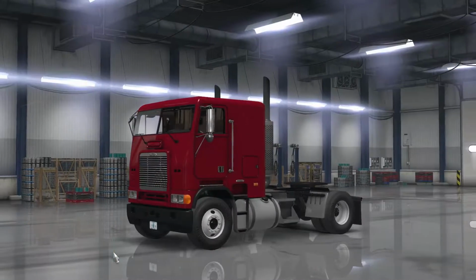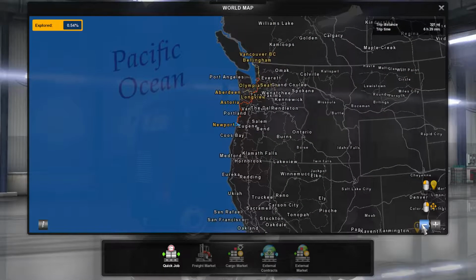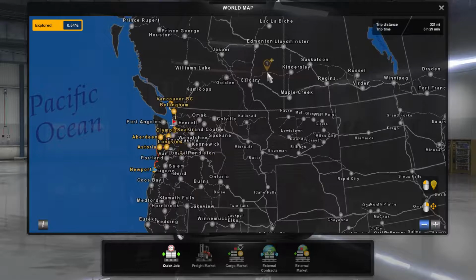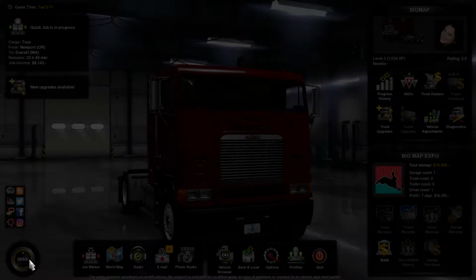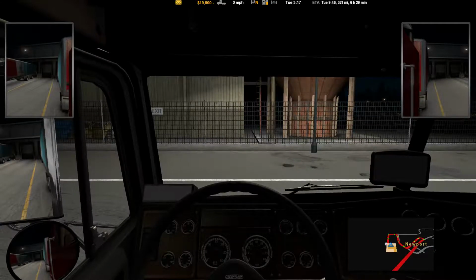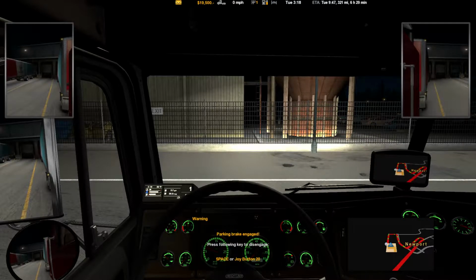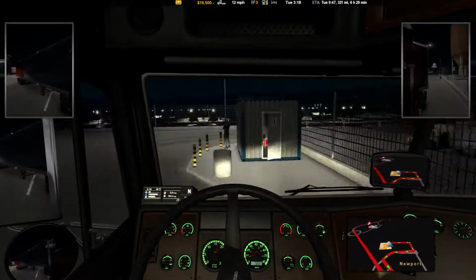from Newport in Oregon up to Everett in Washington, and I have got the big map installed. In this series I will be showing these jobs occasionally, just to look at some of the different mod trucks available. So I've got most of the trucks that Harven released on the workshop in here, ranging from the Kenworth W990 to the Freightliner Argosy, and this truck. I've got the conventional Freightliner as well, and also I've featured the Argosy and the